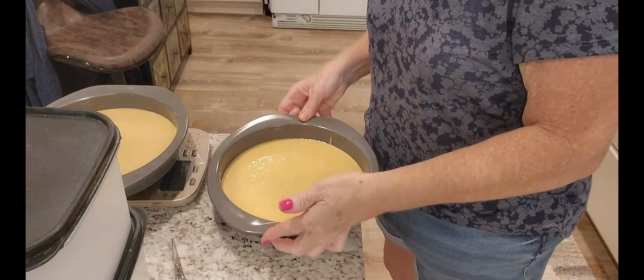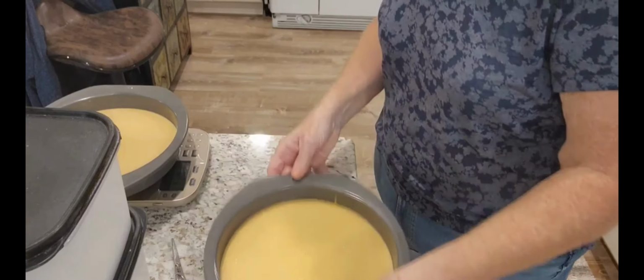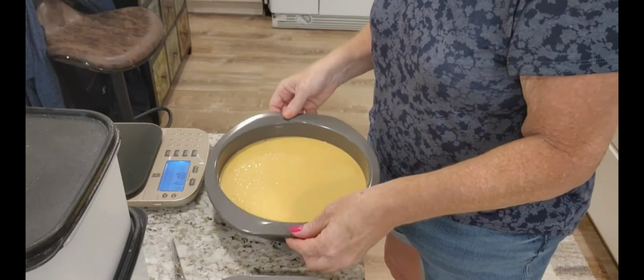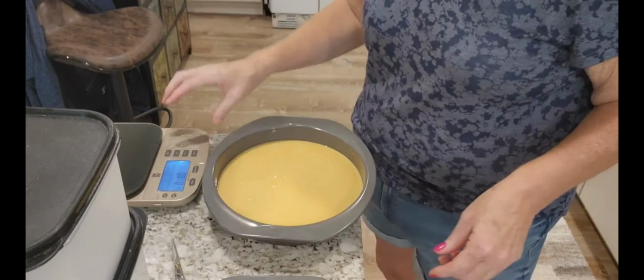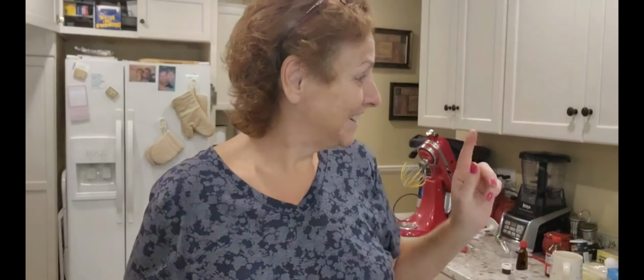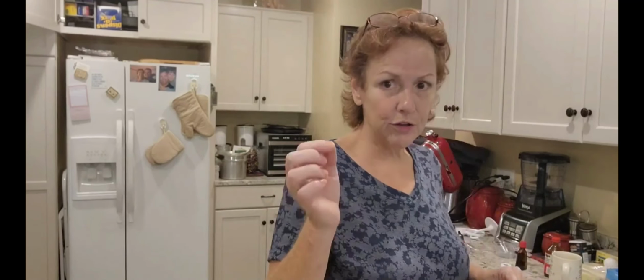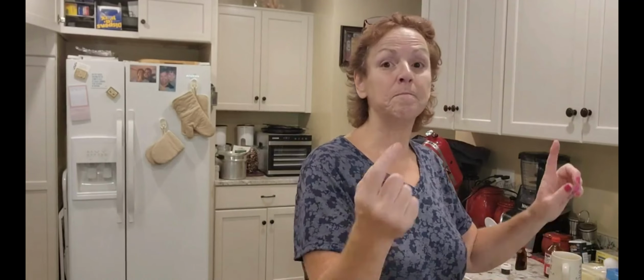I wanted to get both my pans even, so that I'm going to get the air out of that. So I took my scale out and weighed them. And both of them are 21.40. Couldn't get any closer than that. Now I'm just waiting for my oven to come up to 350 because I forgot to start it. And these are going to go in for about 30-35 minutes or until the toothpick inserted comes out clean. I'm going to get those in the oven, get my other stuff ready for my frosting, and I'll be right